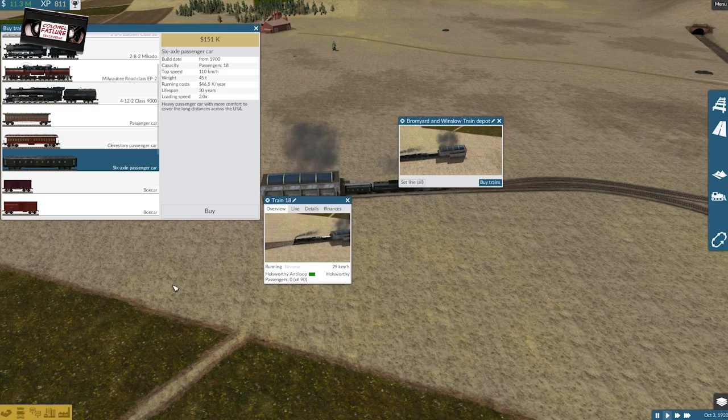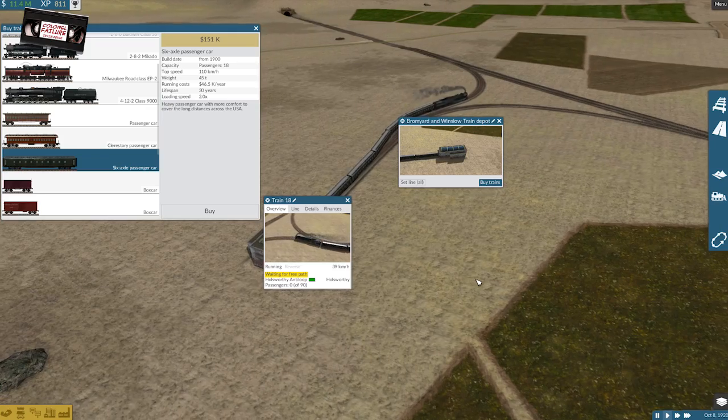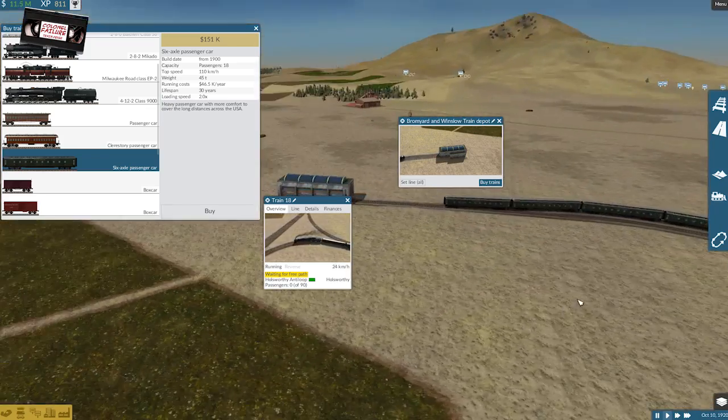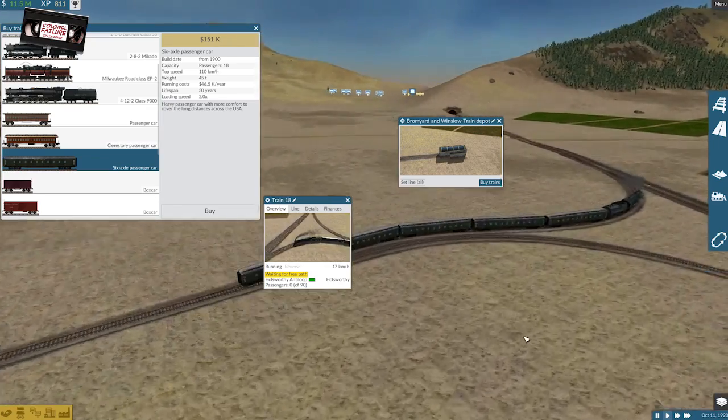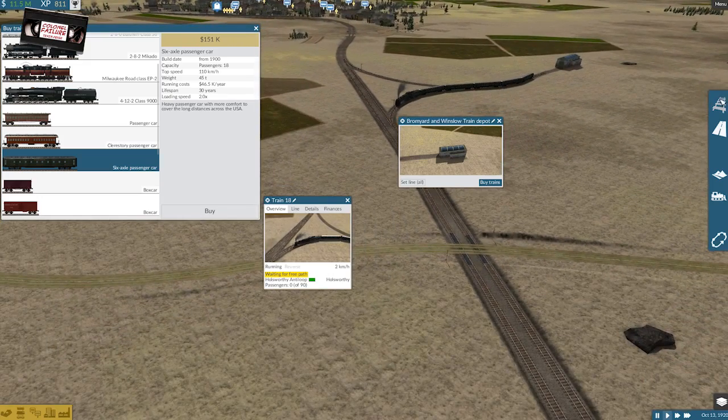Now, I could speed things up a little to give that a head start, but they will space out over time, just waiting for signals to be favourable. Who are you waiting for? You're apparently waiting for a free path. Oh, we've probably got an inbound service. Okay, so let's...